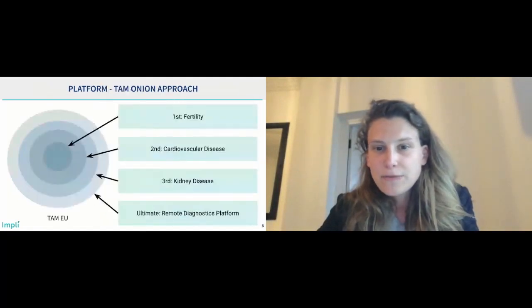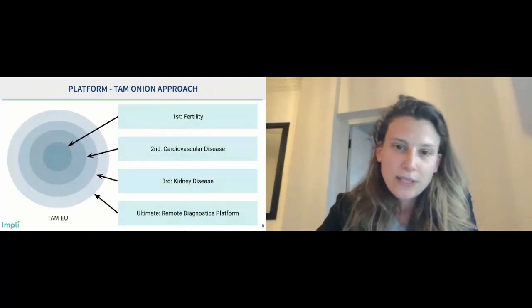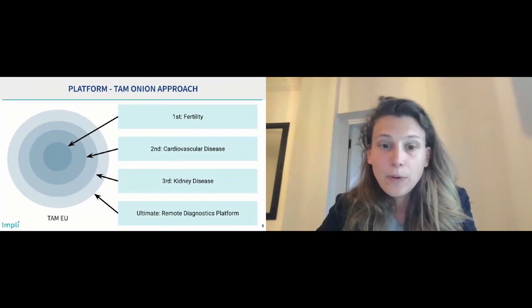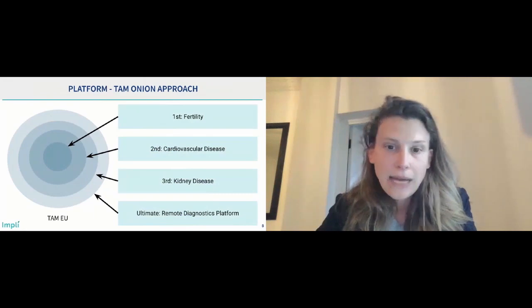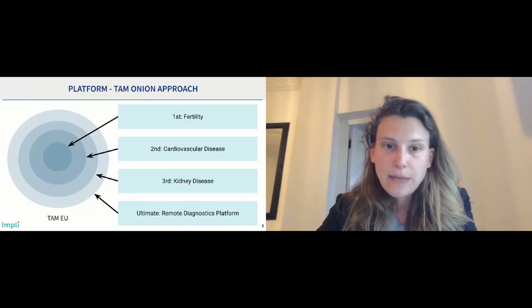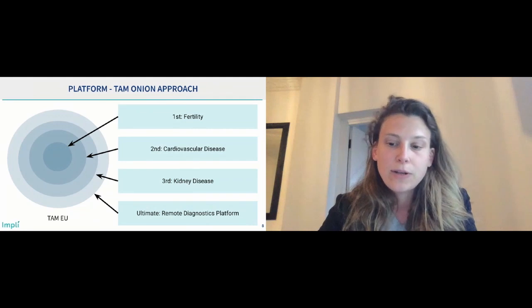However, we're not just fertility, and fertility is a huge market in itself. So we could be looking at miscarriages or at hormone imbalances. It's a sensor platform so that we can also measure biomarkers in the cardiovascular disease space or the kidney disease space. And ultimately where we want to be is we want to be a remote diagnostics platform with high precision biomarkers